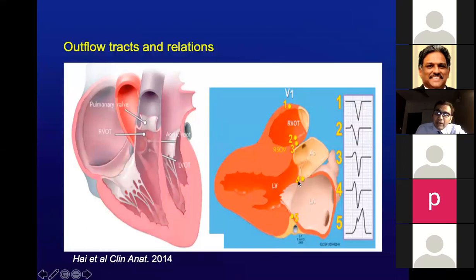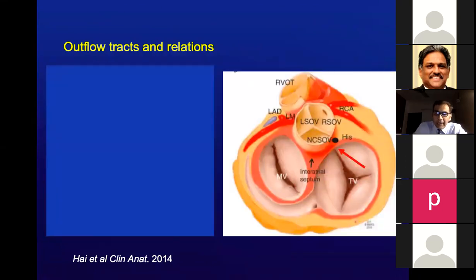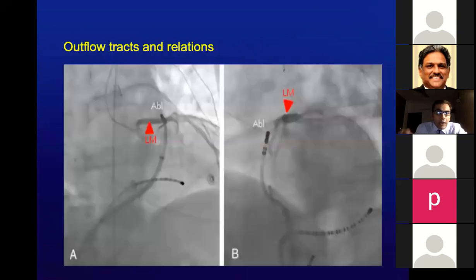This is another region which can be displaced and changed if you have congenital valvular anomalies of the mitral valve, like either having a parachute mitral valve or having an abnormal position of the aorta and the pulmonary artery, namely the transpositions. Going on from there, let me come back to this figure and show you that you have relations between the coronary arteries and various structures on the right side also.